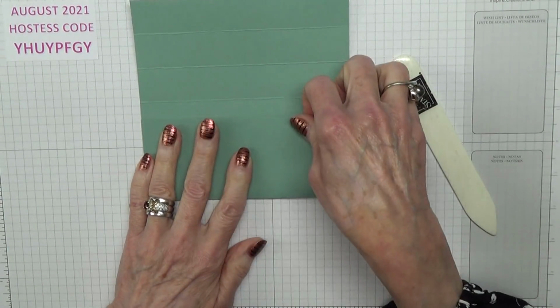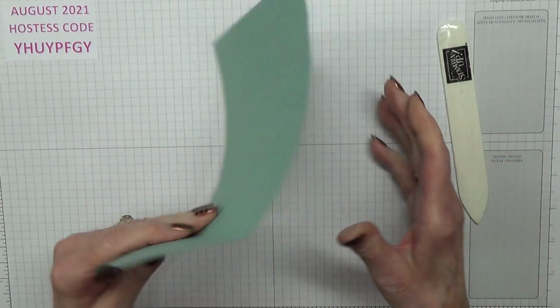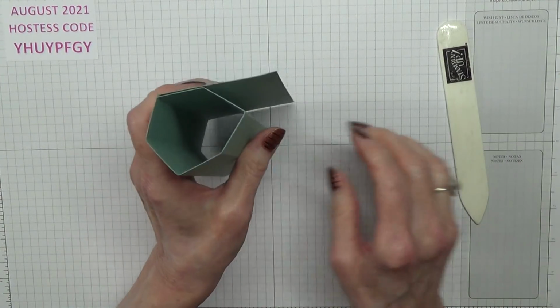This card would be absolutely brilliant for Christmas cards. I can see like Father Christmases and snowmen and all sorts of things like that. Okay, so that's your card